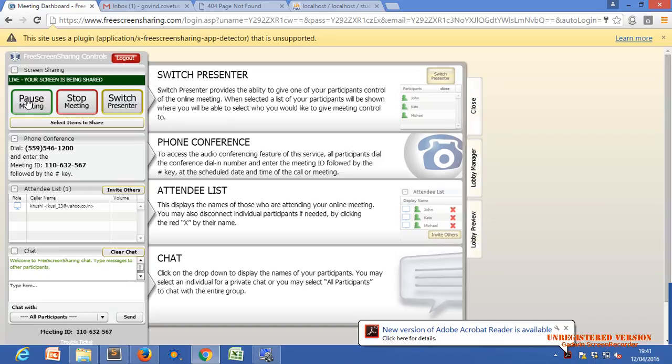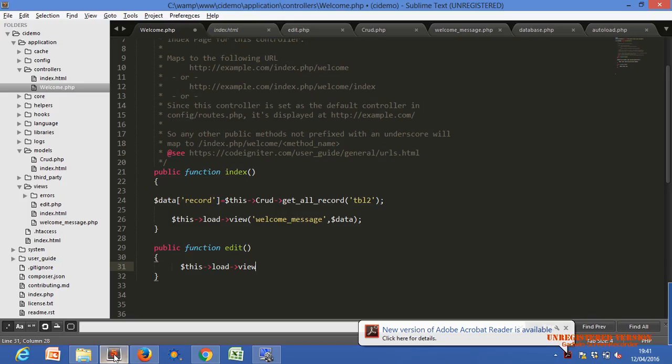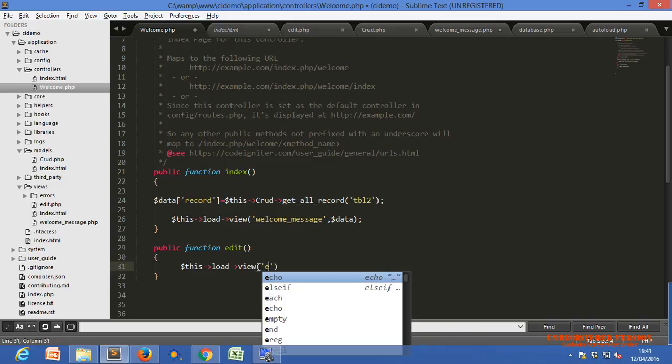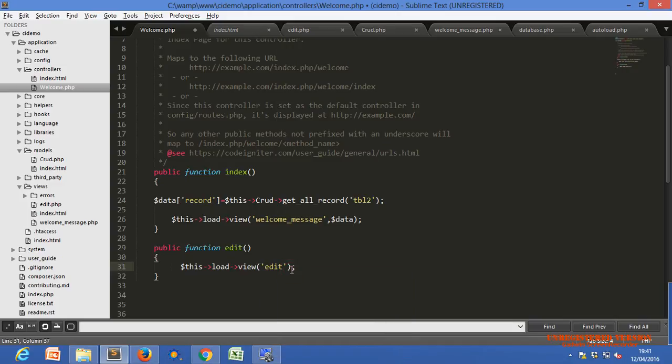So this is the way we load: $this->load->view, and the view page name, nothing else. What is our view page name? Edit.php. So we just have to write edit and call. Whenever anybody calls this method of the welcome controller, edit.php will be executed.